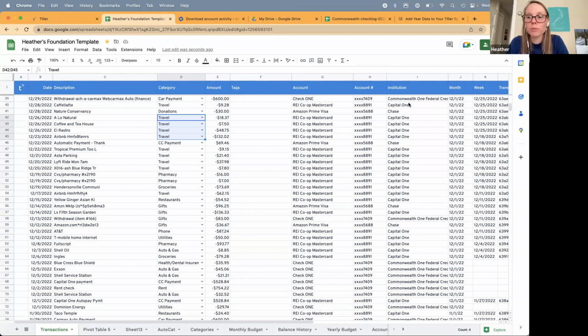The year column should populate even if you don't have the month and week data in there. So as long as you're just trying to build your pivot table or filter on the year column, then you don't need to add the month and year data to those manual transactions. If it's not auto-populating,